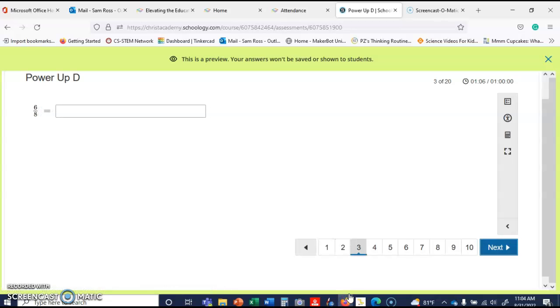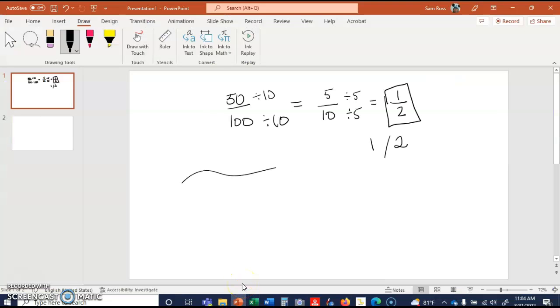Power Up. Let me find another one that may be a little bit more difficult. Let's do 60 over, well, I already did 1 over 100. How about 9 over 12? Let's do that one. So if I come back over here and I have 9 over 12, I know that